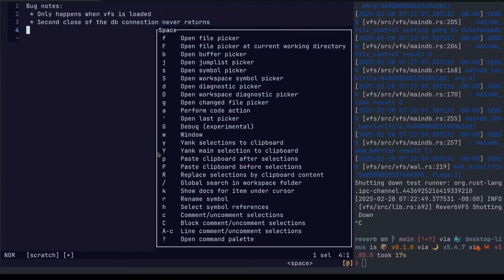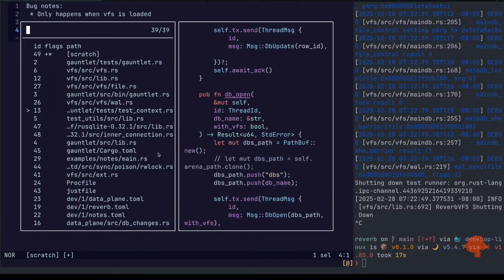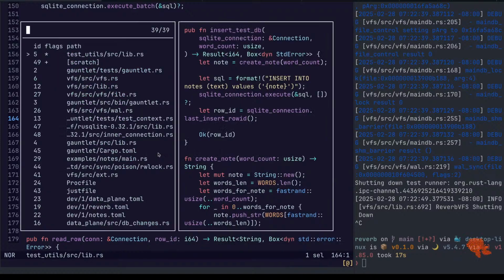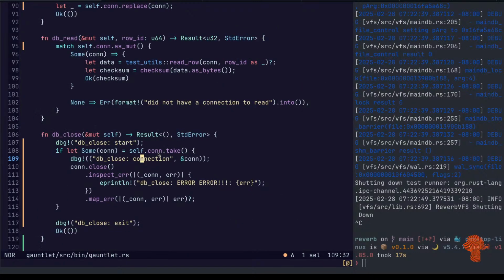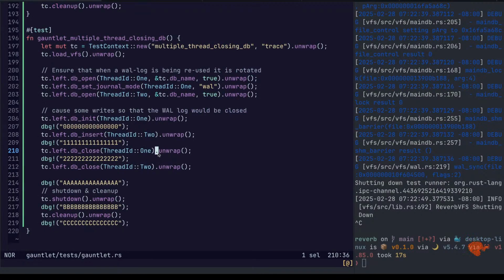I have also traced that into some of the test utils. Oh, nope. Where's it? Bin gauntlet, close. We never get an error. It just doesn't return. Okay, so why doesn't it return?